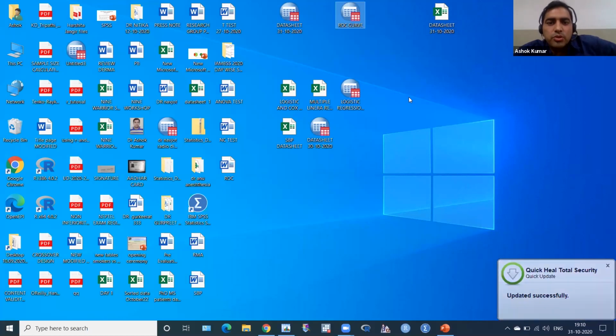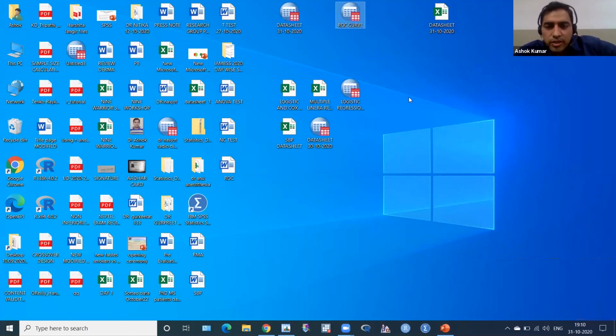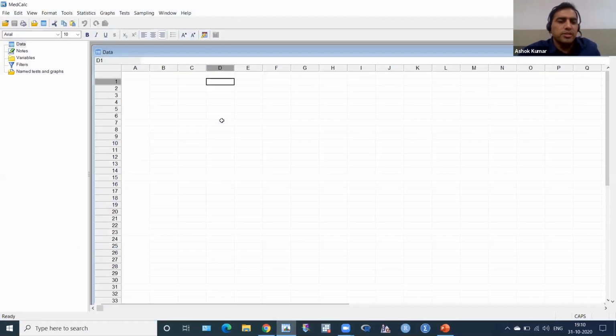Now I have to use another software for this, and that is MedCalc software. You may have heard the name of this MedCalc. It's very simple software. There are some functions available in MedCalc, and some functions available in SPSS. Nobody is perfect in analysis either. None of the software is perfect, such that all the analysis can be done in one software. Maybe SAS has all the things, but that is not user friendly. So this is MedCalc. Now I have to import my SPSS data sheet in this MedCalc software.